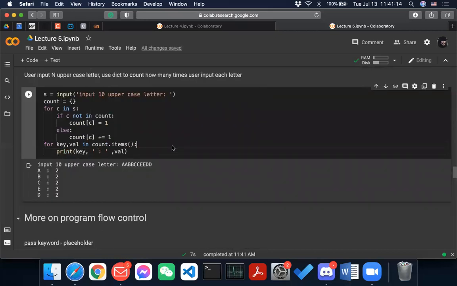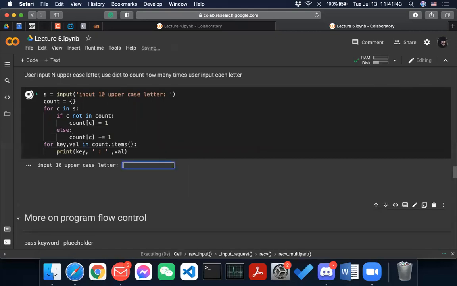Right. So yeah, time is up. Meanwhile, I did those exercises myself as well. As you can see, I can assume the user inputs 10 uppercase letters, or actually it doesn't matter how many uppercase letters I put, right?